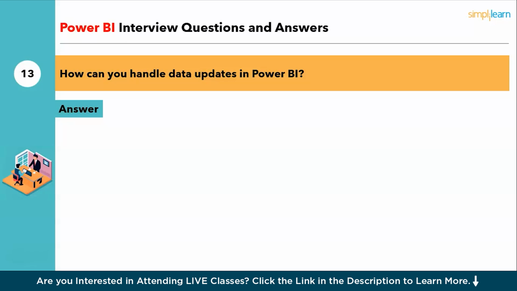Let's say you already connected. Let's say we are dealing with Excel data, and your client provided you the Excel data and you already created a dashboard out of it. You might not know what happened after they shared the data, and the client gets to know there is some discrepancy, some irrelevant data, or some missing value in the data provided to you, and they add it and you missed it, correct? In those scenarios, how can you handle data updates, right?